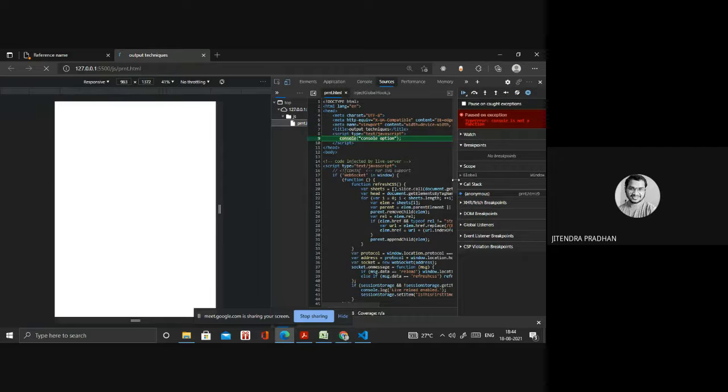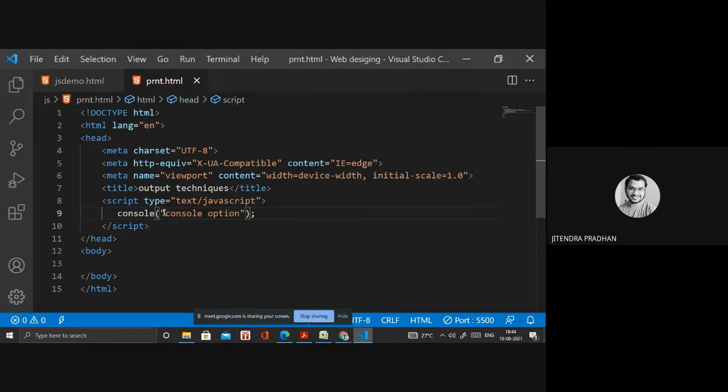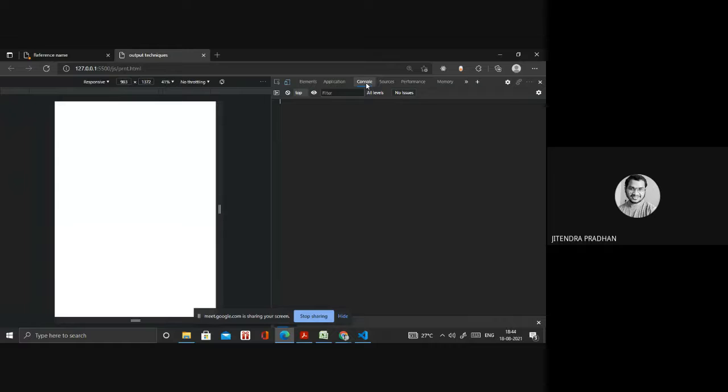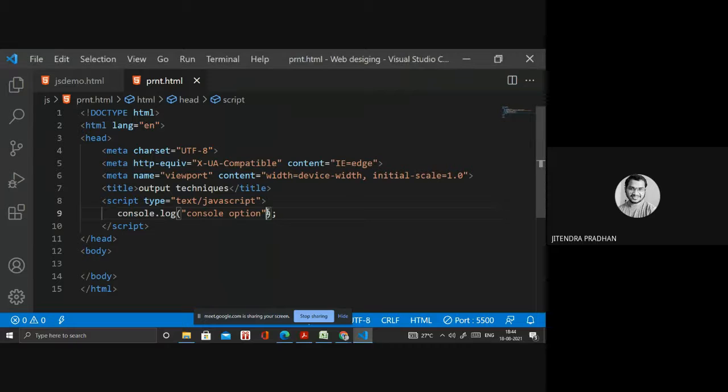We have to write console.log inside that. Okay, have you got that console option? Whatever you write inside will be printed.